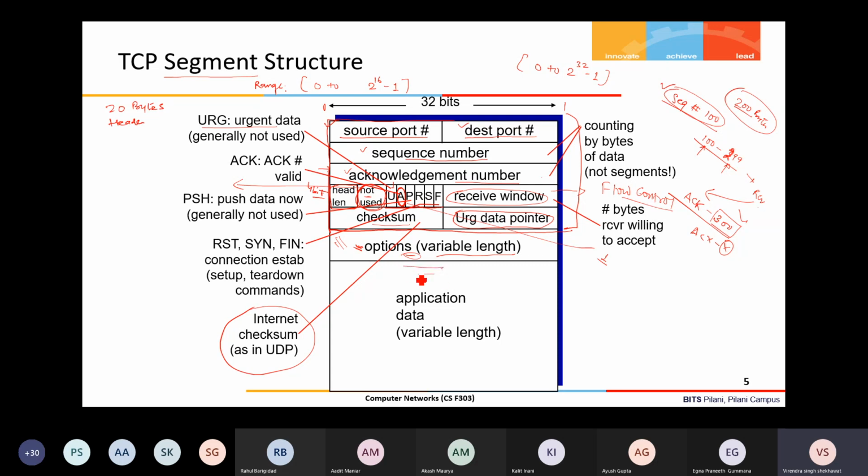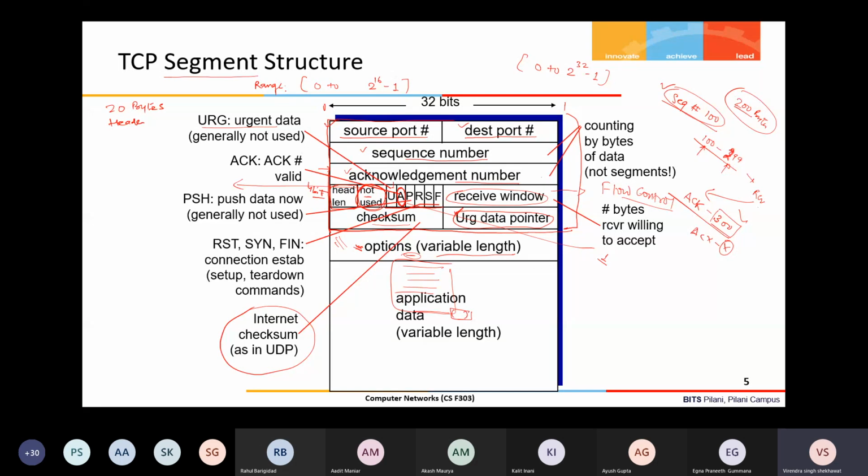So in the entire segment, let us say this is the last byte. This last byte address is put here, and that indicates that from the start up to this byte is the urgent data. One application is sending this as urgent data.